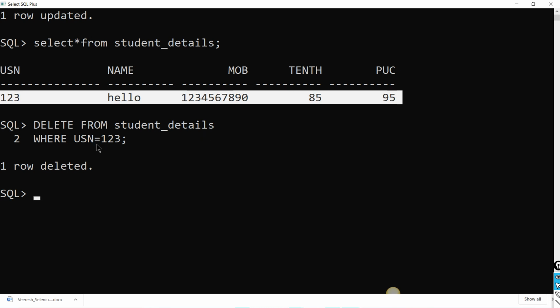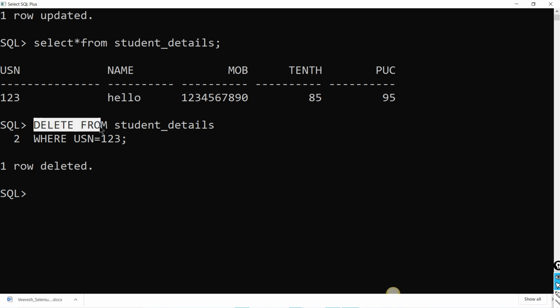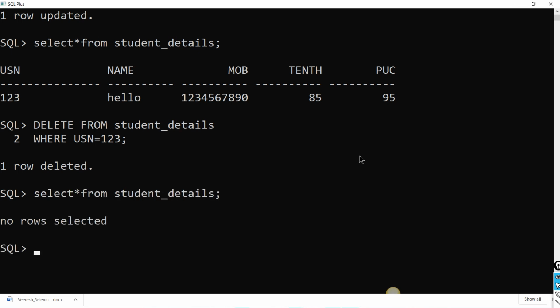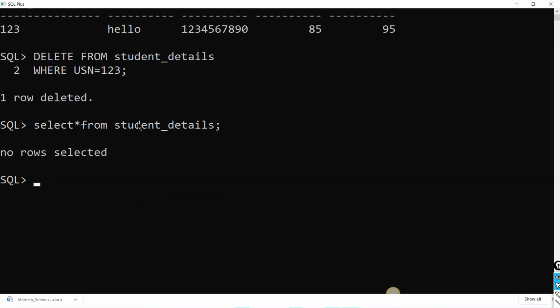But if you delete the values using the delete keyword, and I execute select star from, now no rows selected because I have deleted that row, right? Now you can redo that, means you can use the rollback statement, semicolon. So rollback complete now.